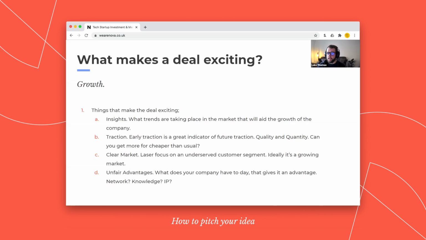These trends can be societal. Are people thinking about things in a different way in 2020 and now new solutions need to be developed? It can be a technological trend. Is there new technology arriving that has become cheaper or more accessible and now needs to be deployed into a new market? We see this all the time, currently, or virtual reality a few years ago, blockchain, AR, augmented reality.